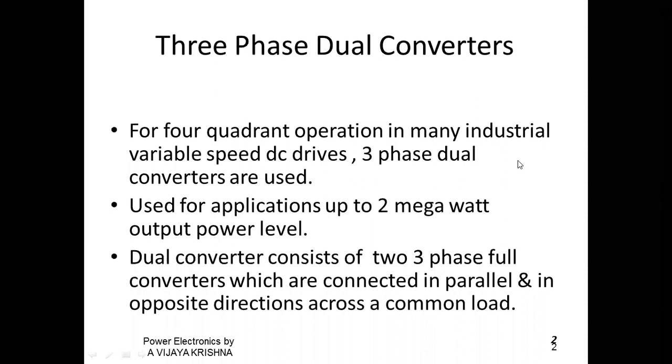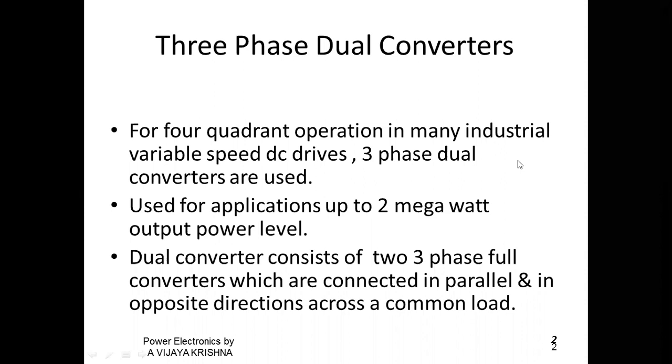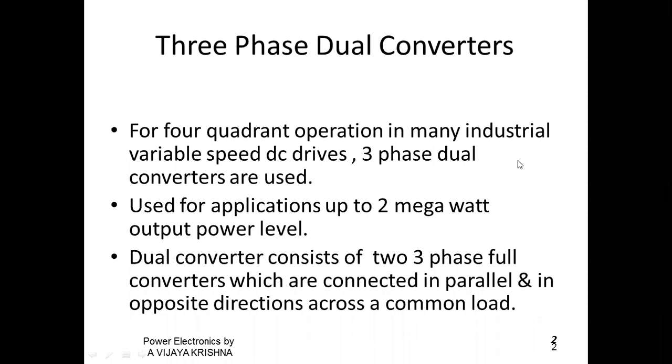Alternating current supply is converted to direct current supply in the converter, which is also called a rectifier. That's why inversion means the opposite. So the inverter is DC to AC. Direct current is converted to alternating current supply, which is nothing but the inverter. Okay, here, if you come across dual converters, a dual converter is nothing but